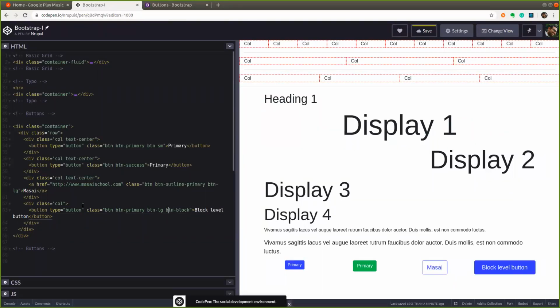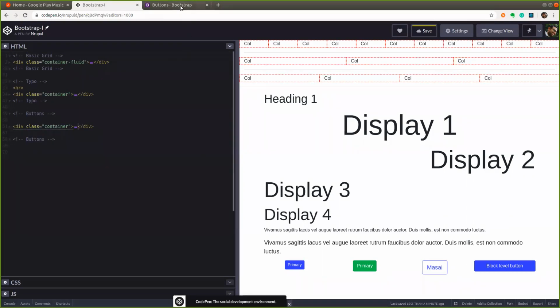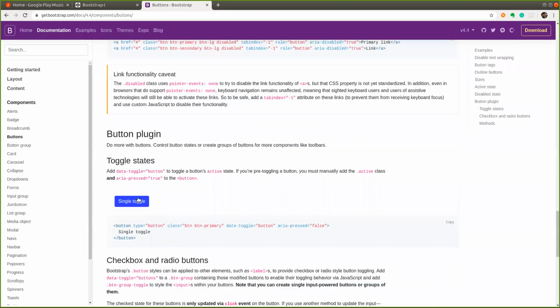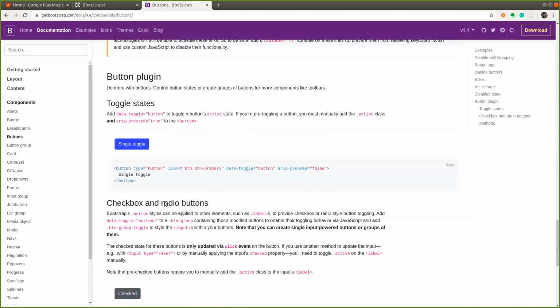Again, you can keep adding as many classes as you want, or you can play around with these classes. So I now created a small block level button, and this is a normal size block level button. If you add more classes, it looks the same way, but it occupies the whole size of the column. So in this way, you are able to produce nice looking buttons. There are many buttons which you can do. Some of the things, like toggling, we will see when we do